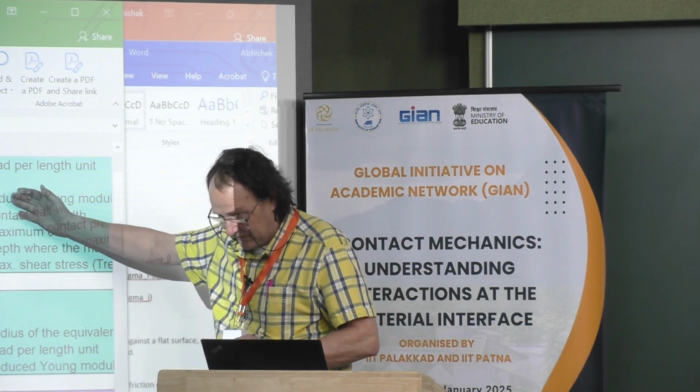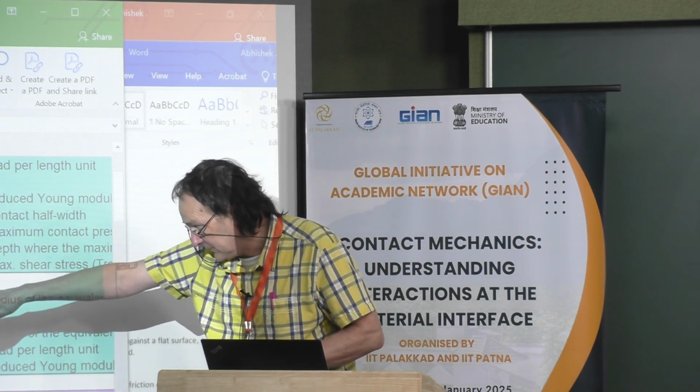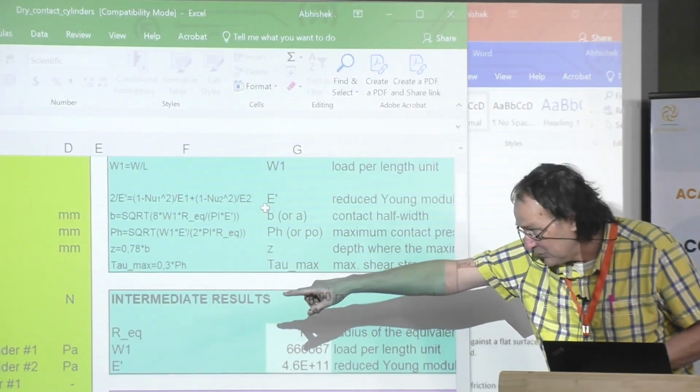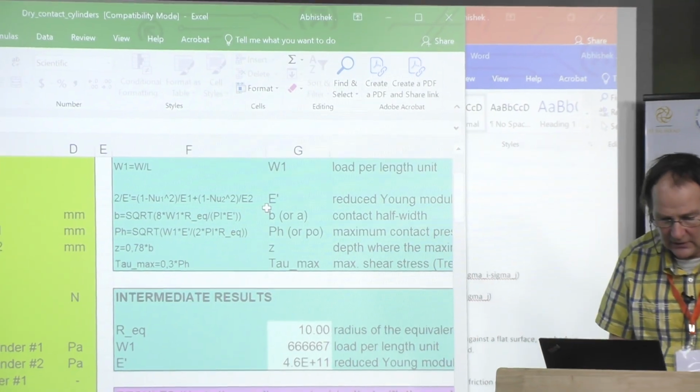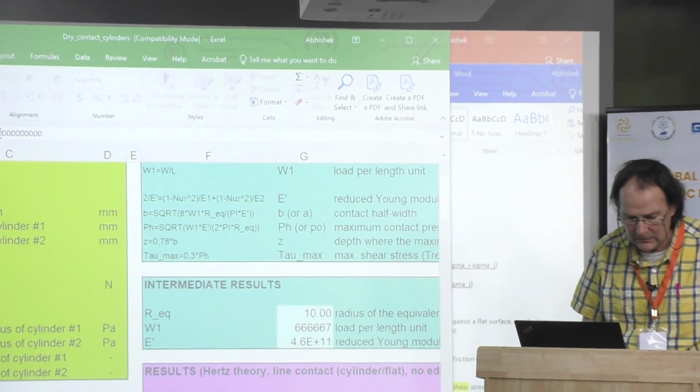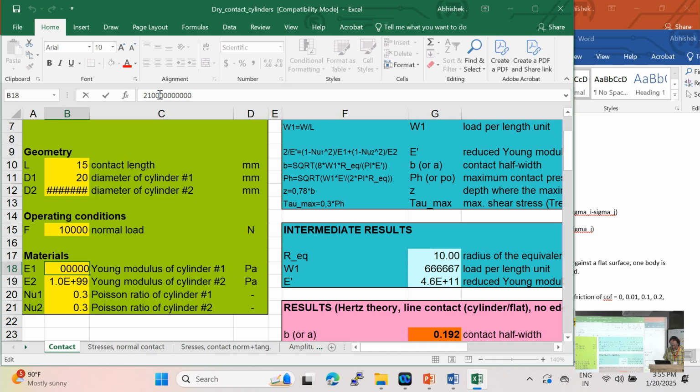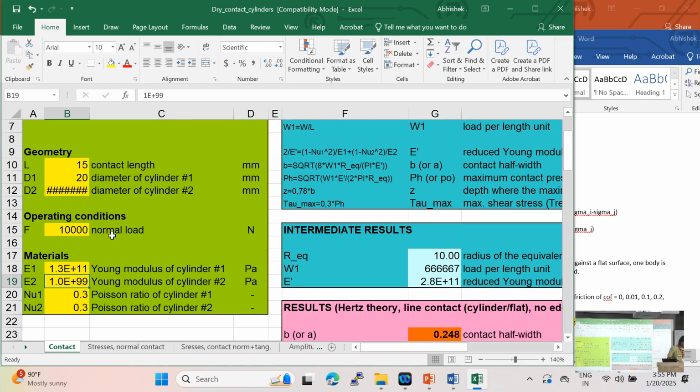This is just intermediate results. I need to, no, this is because I changed the Young modulus of the other one. Okay, no. Here, should be. Okay, this is then the solution here is